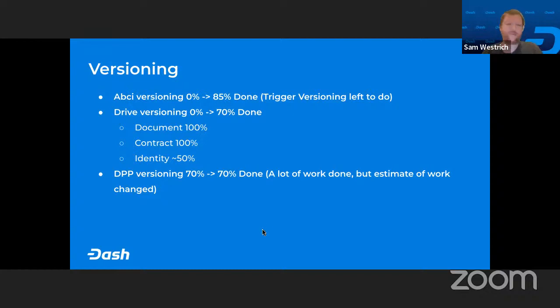It's going well, but yeah, it's still not done. Some parts are 100% done, and just some things have not yet started. It's just going down the list of things needed to do. For example, I've been really working on Drive versioning right now, trying to finish it, but there's just